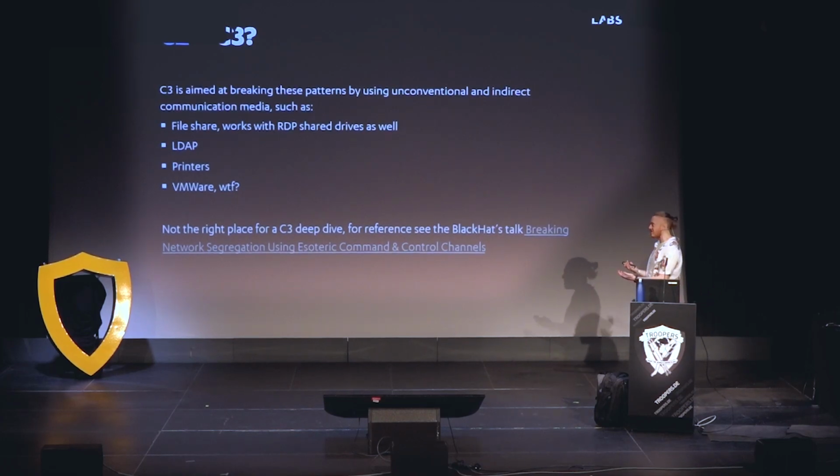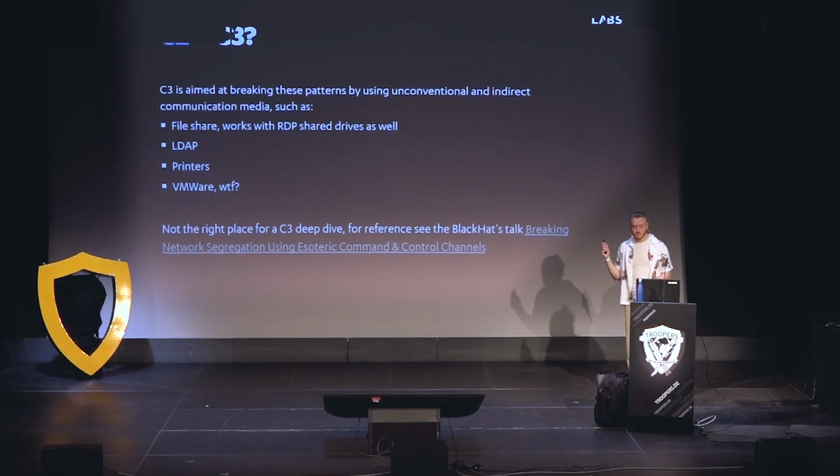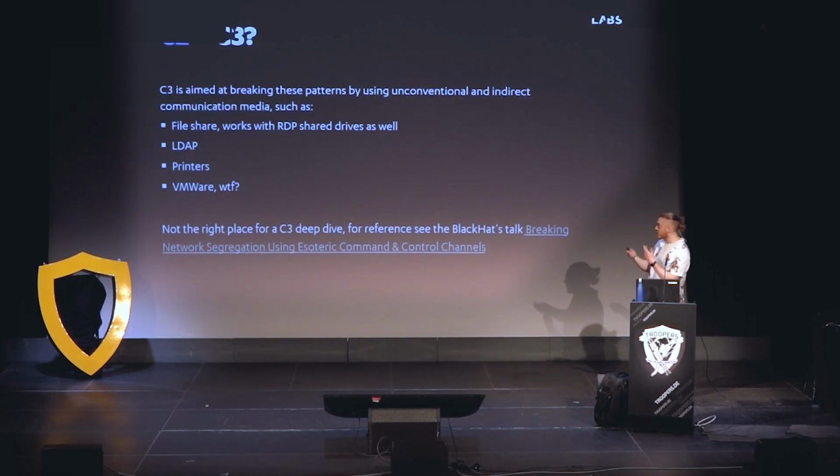By default, Cobalt Strike. I'm talking about Cobalt Strike because that's what I use for work. But it does offer you some options. The first one is SMB. So you just open an SMB pipe, you connect to it, and you establish command and control. But that is kind of the pattern that you need to connect directly to the host to establish command and control. So there is a project that we've published a few years ago, actually, called C3, so Custom Command and